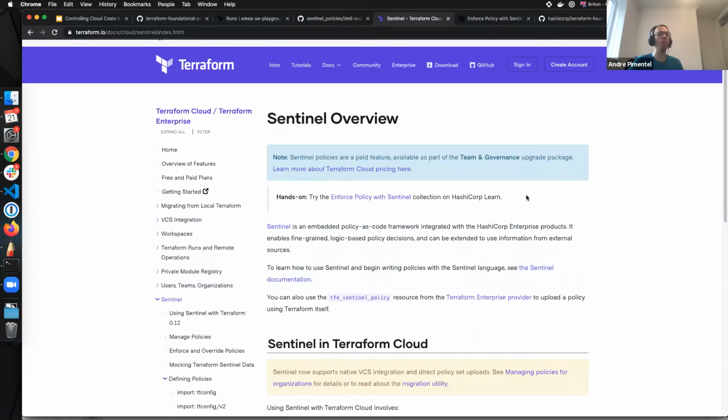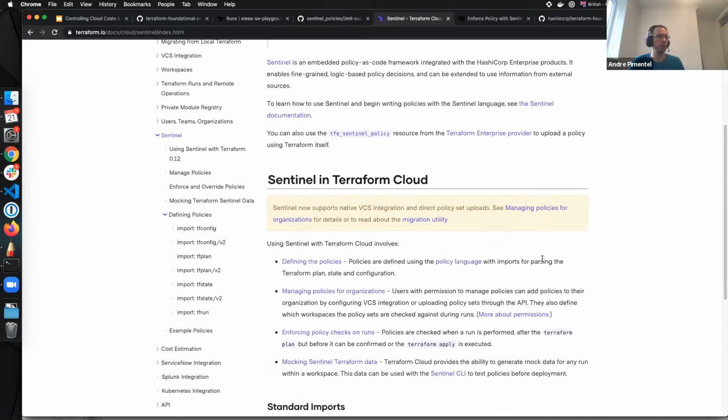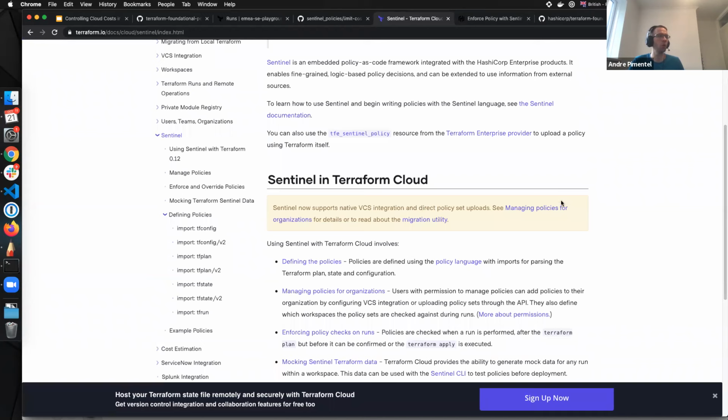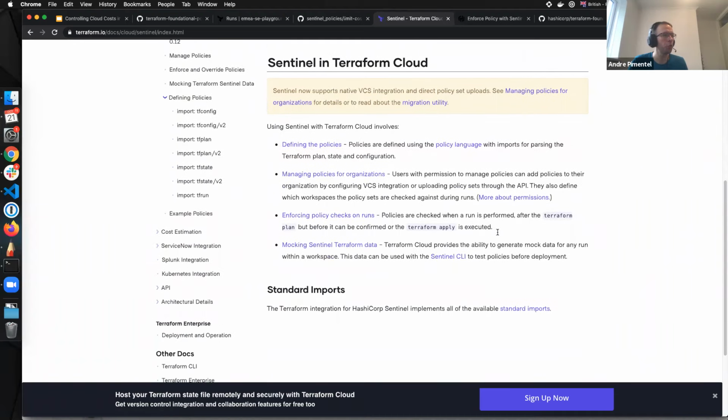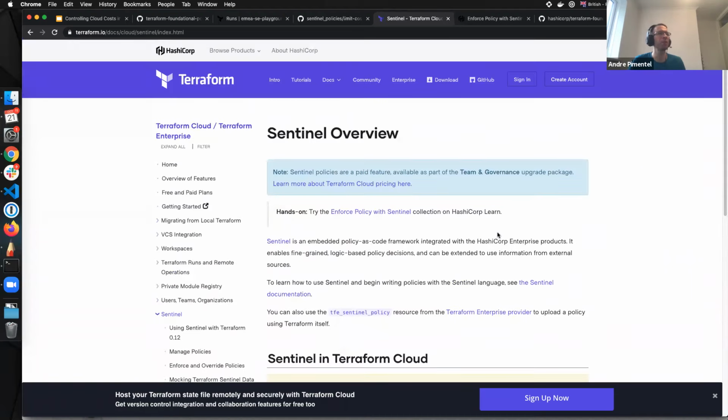So to check how much that team is allowed to spend, we get a return of that API call, and we actually use that on Sentinel. To check if we have approvals, any external source properties, Sentinel can definitely check using this HTTPS call to external sources. I'm not sure where is that documentation page, but yeah, we can do that.